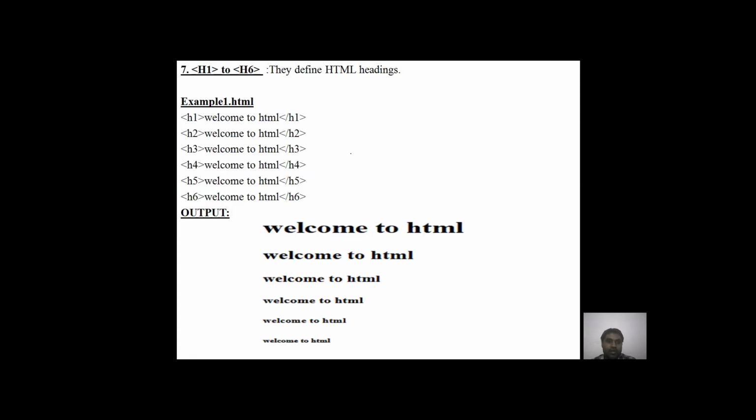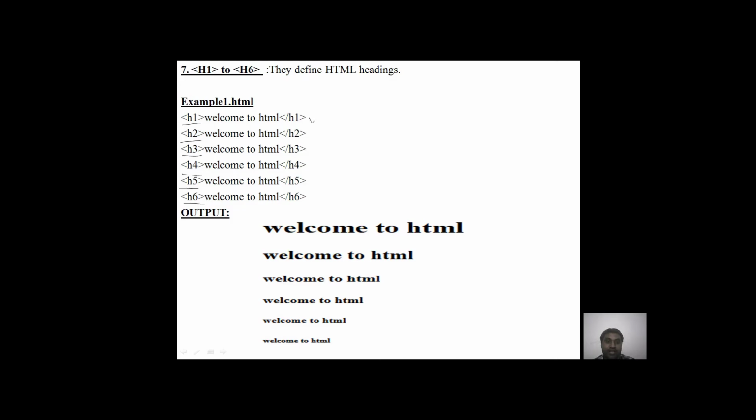So the next tags are h1 to h6. They define HTML headings, where h1 is the first level of headings, h2 is the second level, h3 is the third level, h4 is the fourth level, h5 is the fifth level, and h6 is the sixth level of headings.